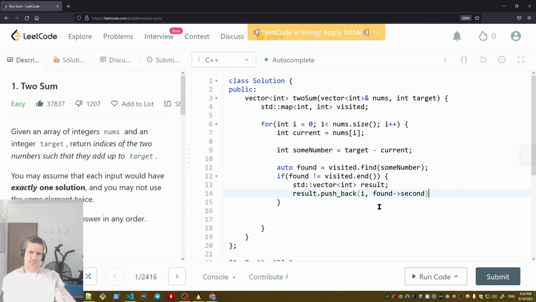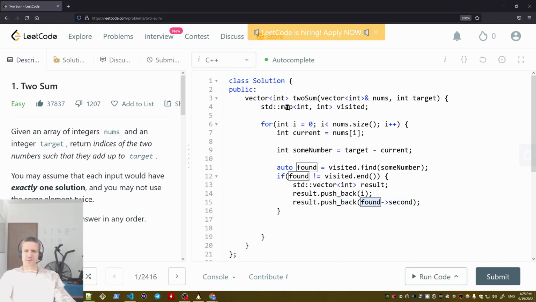Second, right? And no, this is nonsense. We cannot push like this. We cannot push two elements. This is a vector of int. This is not okay. So we need to do two pushes. So result dot push back I, and result dot push back the value of what we found in this map,